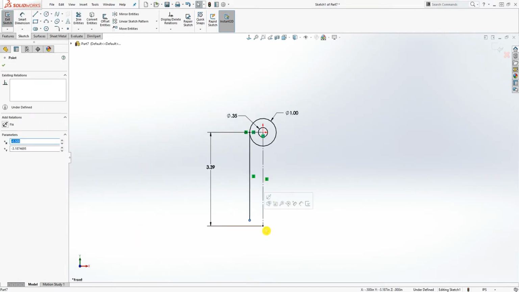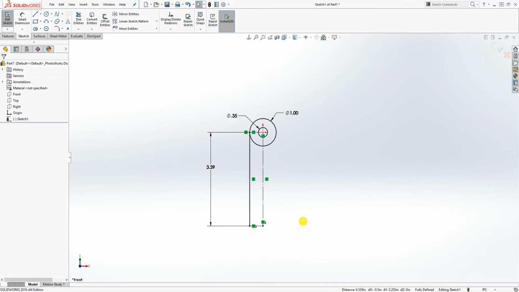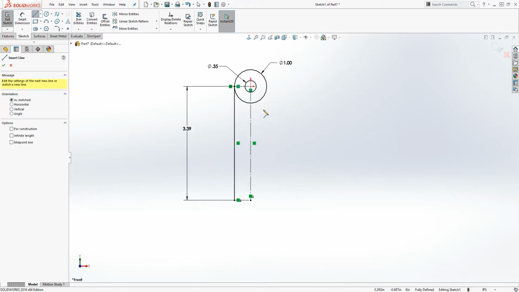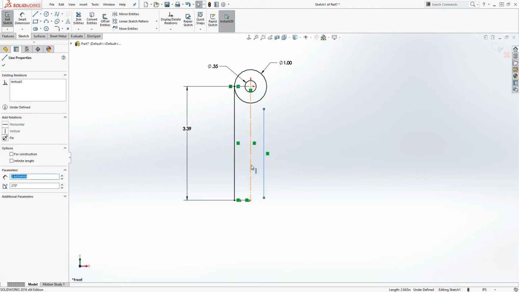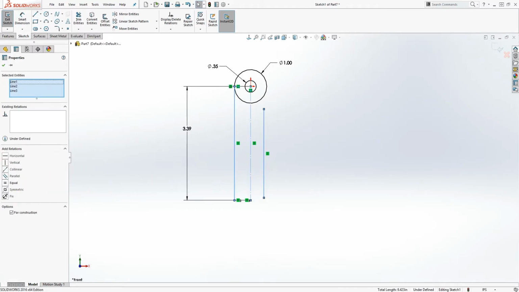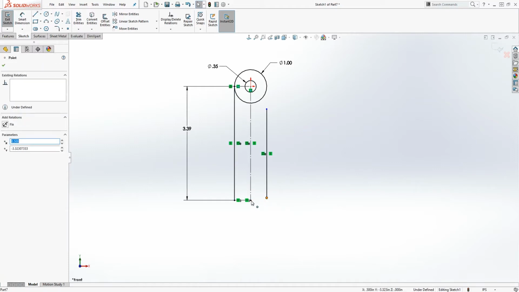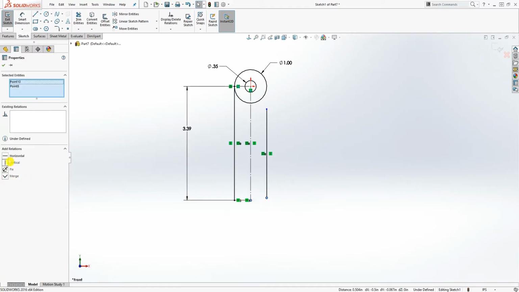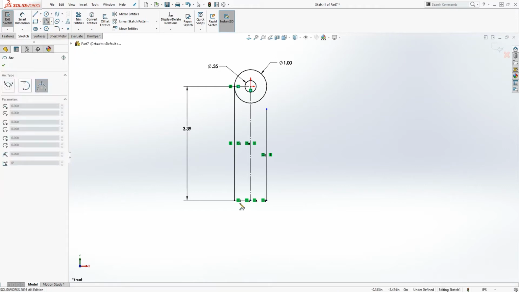and make this coincident with that. These 2 points vertical, horizontal to each other. So now draw another line over here, and this line, that line, select all 3 lines and make them symmetrical. And I also make this point and that point coincident. Not coincident, horizontal. And I'm going to draw a 3-point arc,